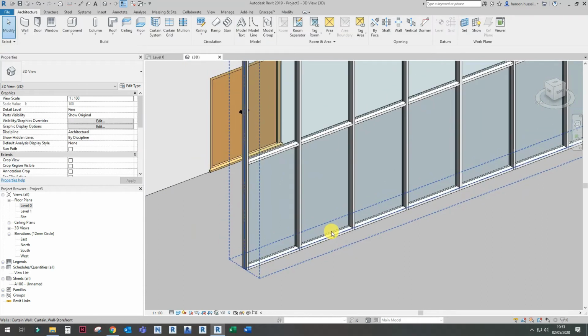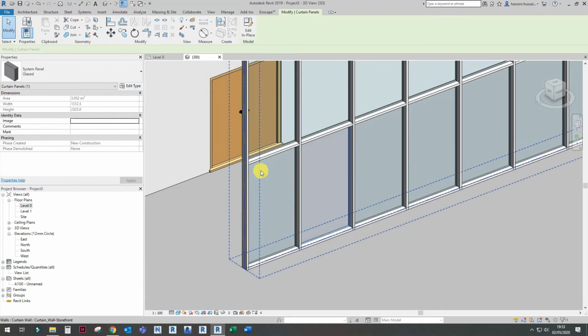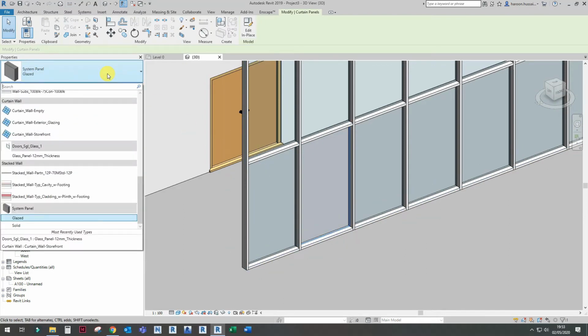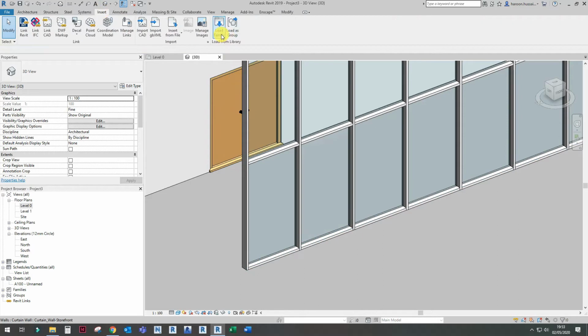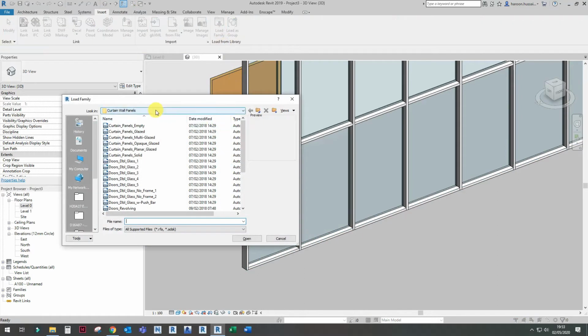First of all, we need to select the panel, glass panel, and as you can see, I've already loaded a door in previously, but I'm going to show you how to load in doors. So if you go into Insert, Load Family, go into the curtain wall panels,